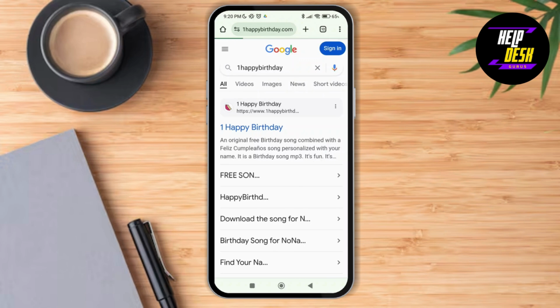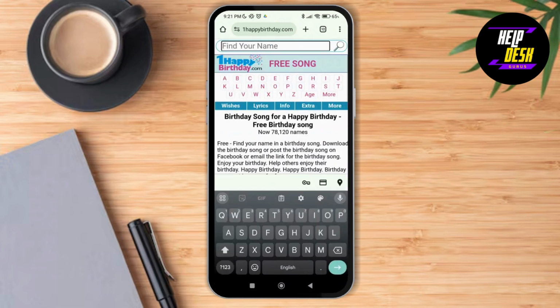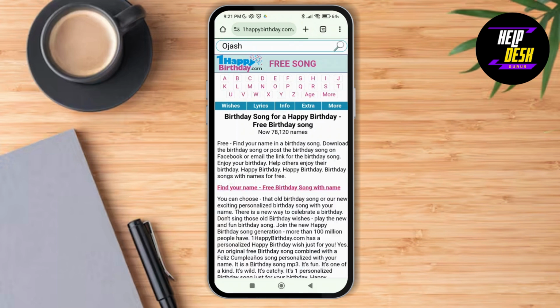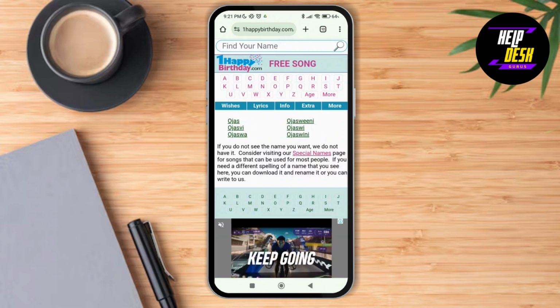So just tap on it, and then over here on the search bar where it says find your name, you just have to mention the name of the person whose birthday it is. So I'm going to type in a name over here and then tap on the search bar. After tapping on the search bar, you can see the options of names that pop up. You just have to select the correct name, and then after doing that,